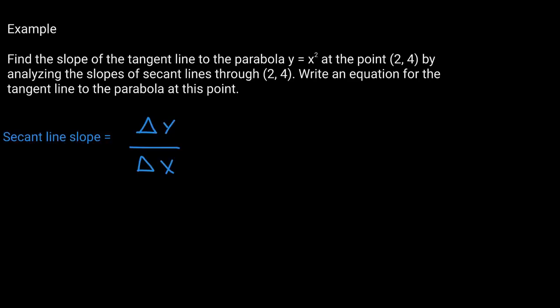Okay, we're going to use the definition for the average rate of change, right? So we wrote this down a minute ago. So the secant line slope is delta y over delta x. Remember, this means the change in y divided by the change in x. And we're going to write it this way. So we have f of x plus h minus f of x